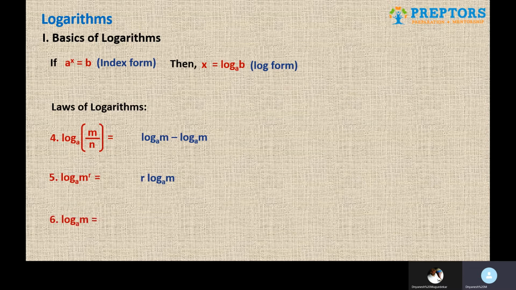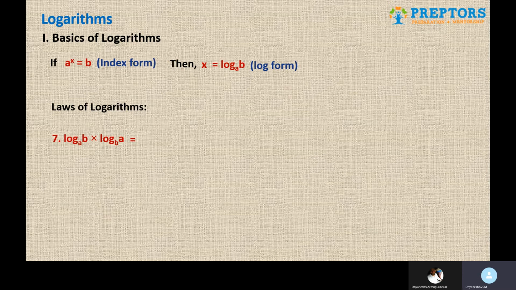The sixth one, log m to the base a. When we apply change of base, this is the most important property. So right now the base is a. From that base a, if we want to convert to any other random base, this is how we convert. We get log m upon log a to the base x. And as you all can see, we have changed the base from a to x. It can be any other base that you want to change to. And that's how the change of base rule works.